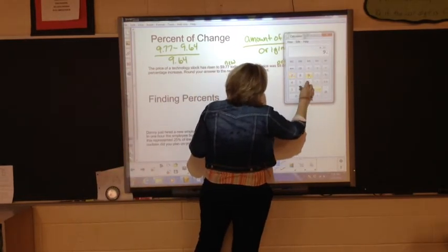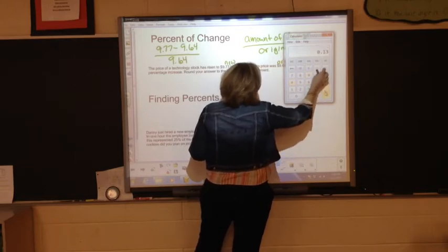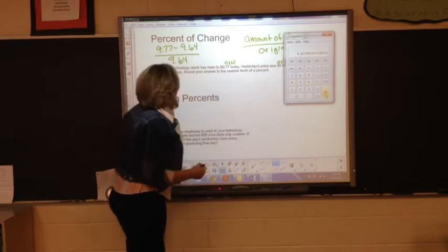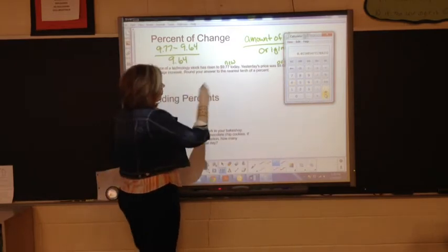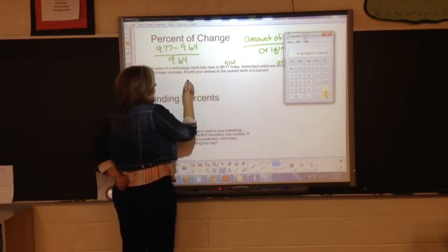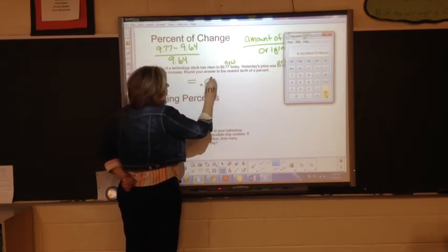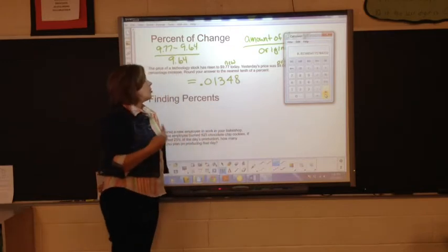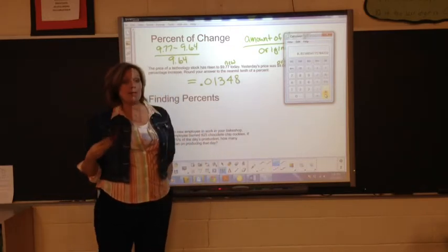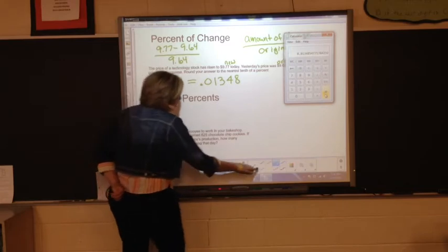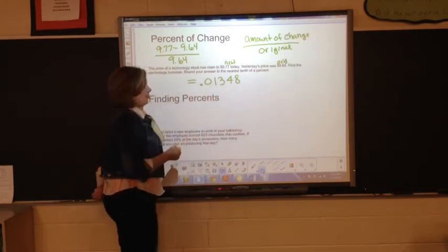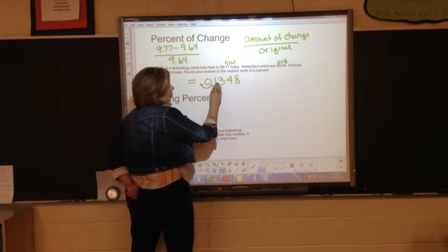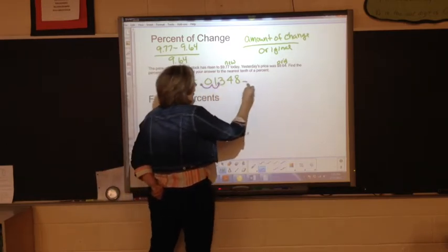977 minus 964 divided by 964. And I find out that the percent of increase is 0.01348. I'm asked to turn it into a percent, and I need to turn my answer into the nearest tenth of a percent. So this is just a decimal answer. I have to turn that decimal into percent, and I do that by moving the decimal place 2 places to the right. So I'm going to rewrite this as